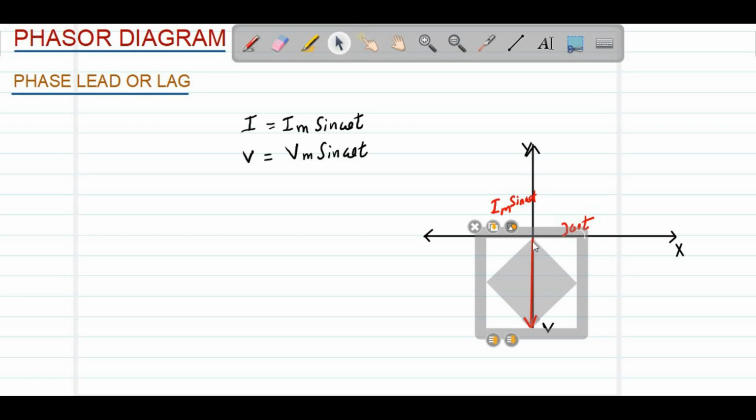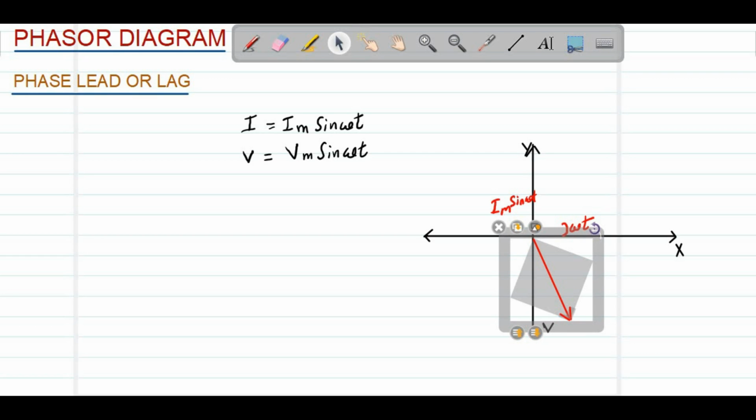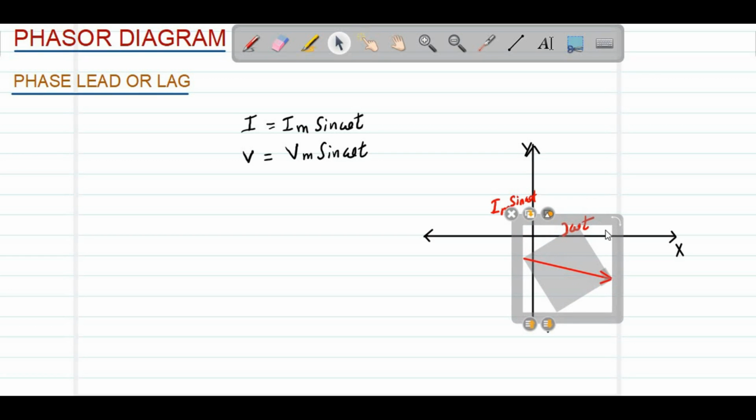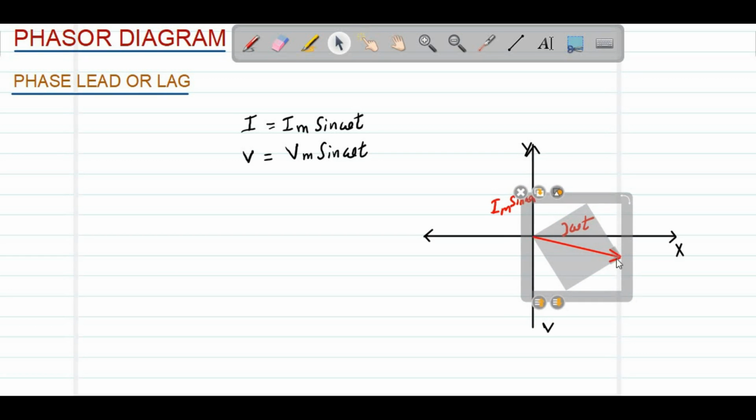Now we can see the complete vector is on the y-axis, that is a negative direction also. It means I equals minus Im. Means the current increases in the opposite direction and reaches maximum. Again when it rotates in the same direction, you can see the projection of this vector on the y-axis is decreasing. When it rotates more, the projection is now only this much. Its projection on the negative y direction is again decreasing. When it rotates more, the projection of this vector on the y-axis is only this much, again decreased,